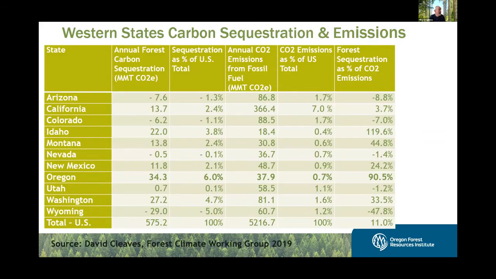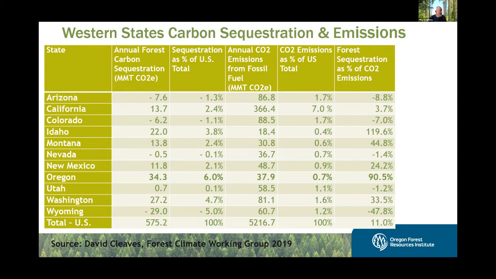But I want to start off, to kind of put this in context. This is some data put together by Dr. Dave Cleaves with the Forest Climate Working Group. What it looks at, for the Western states and then the total US, is how much sequestration is happening in the forest, what percent that is of the total US, the amount of emissions, what percent that is of the total US CO2 emissions, and then what percent the carbon dioxide sequestration is of the CO2 emissions. So when we talk sequestration, we're talking about the change in carbon, and I'll cover more on that, but